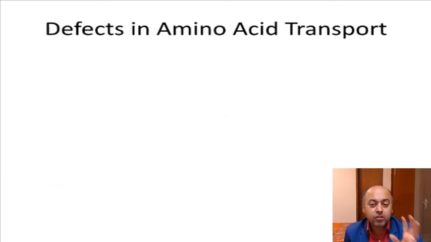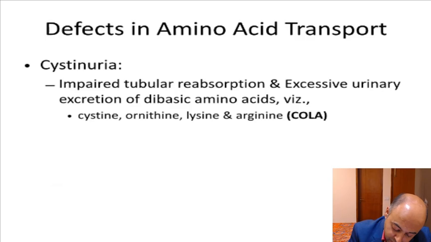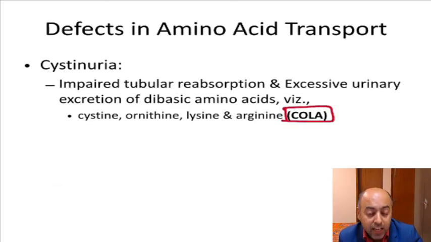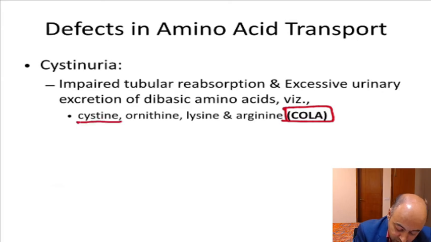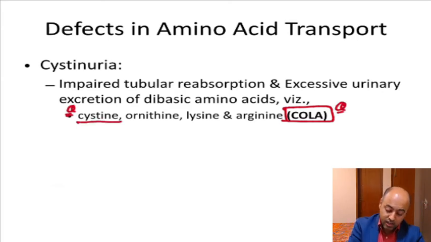Till now, we are talking about the defect in the metabolism of the amino acid, but sometimes the defect can be there in the transport. The problem can be there in amino acid transport. First example is cystinuria. So here, what you have to remember: the amino acids lost in the urine are cystine, ornithine, lysine, and arginine. Cystine, ornithine, lysine, and arginine are present in urine